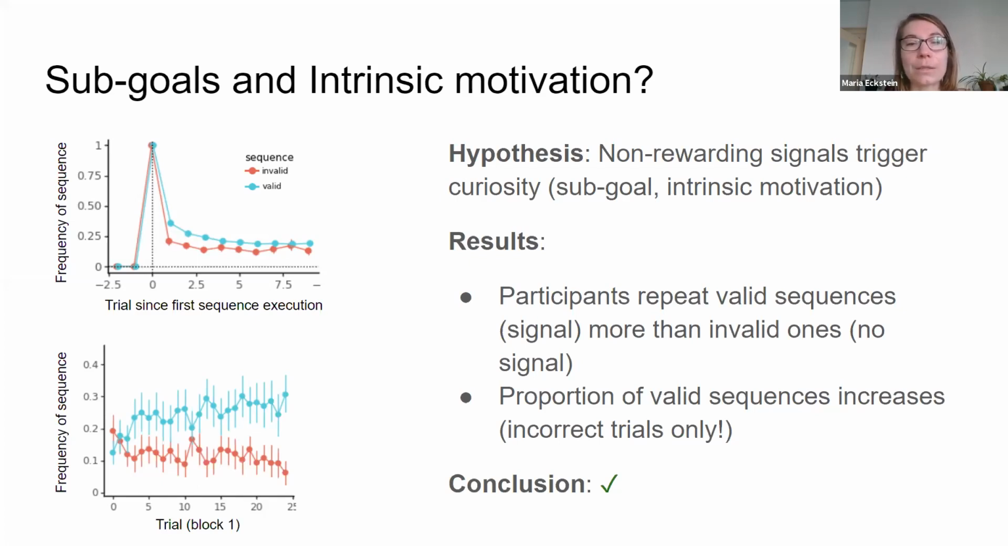What we see is that participants were more likely to repeat valid sequences than invalid ones, as if they were motivated by the signal to repeat and practice these sequences. In the plot below, I'm showing the 25 trials of just the first block on the x-axis and the frequency of valid and invalid sequences on the y-axis. We see that in the beginning, valid and invalid sequences are equally likely. But over time, the valid sequences become more and more likely, as if participants make them their basis for exploration